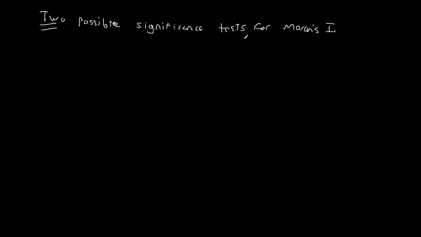And it's important to note here that there are two different approaches that we can take in terms of what the p-value means in terms of the null hypothesis. There are two different null hypotheses that we can test. So the first possible test is what's called randomization. Right, so randomization is going to assume, the null hypothesis here is going to assume that the data,